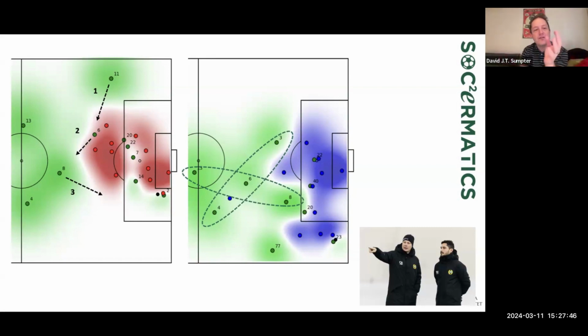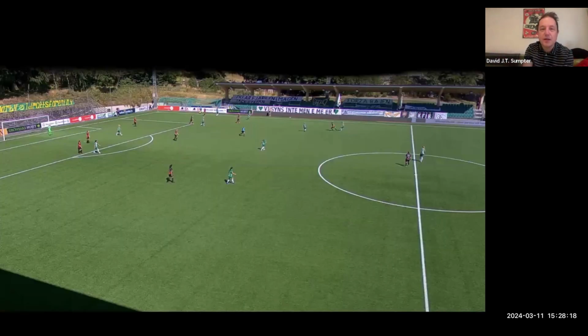Now, in the example on the left, player 11 is a similar type of example. Player 2 has the ball in this case, but player 11 has got out of position, because if player 11 moved into where player 6 is and player 6 could move to 8, then 8 could move to support player 2. So that's a different type of situation, where they haven't followed the optimal organization. So we could describe to the players the type of organization they should use in order to have the best control over space.